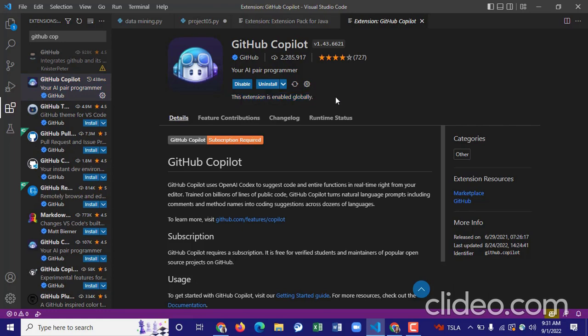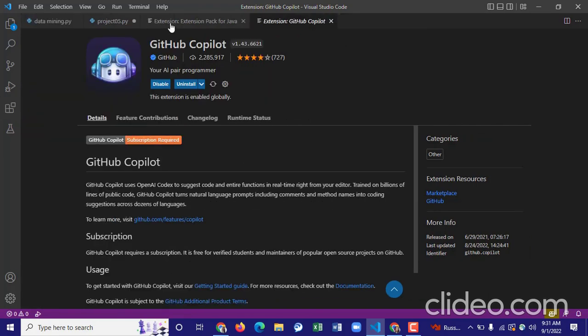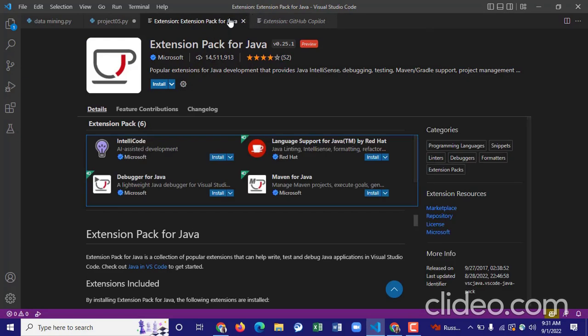That means this extension is a paid one. You need to go to GitHub and create an account. I have already done that. After that you need to create your GitHub account with your college mail ID if you're doing masters, or else if you're working as an employee, with your office ID. So according to your ID, you need to create a GitHub account, and through that you can access the free one. Okay, after the extensions are done,